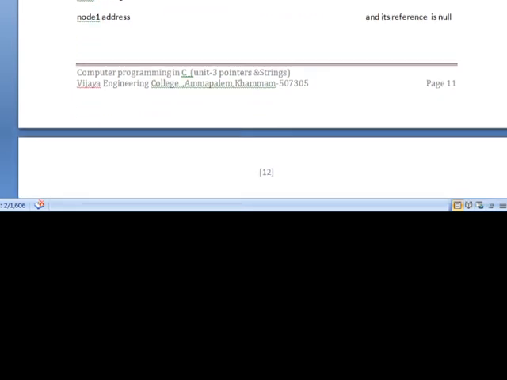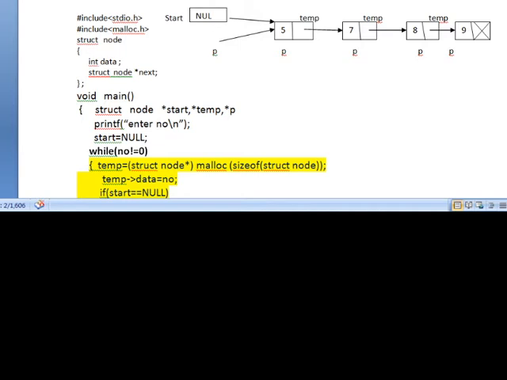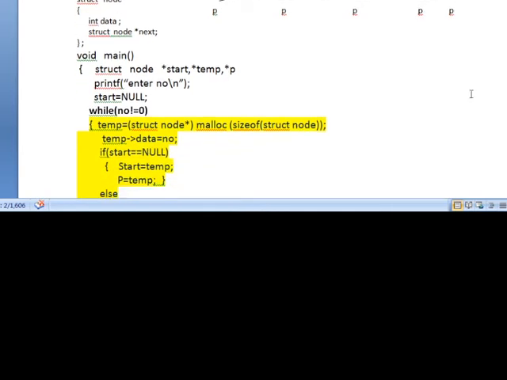Now I will explain how to create a linked list data structure using a self-referential structure. Linked list means, as I already told, a collection of nodes. Each node in the linked list contains data and a pointer. This data and pointer concept is called a self-referential structure. In this self-referential structure, the structure name is node. In that I have to declare two parts of the self-referential structure.